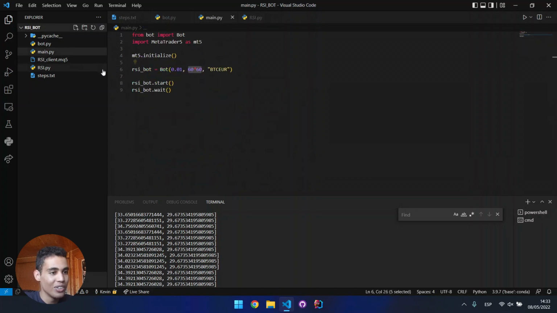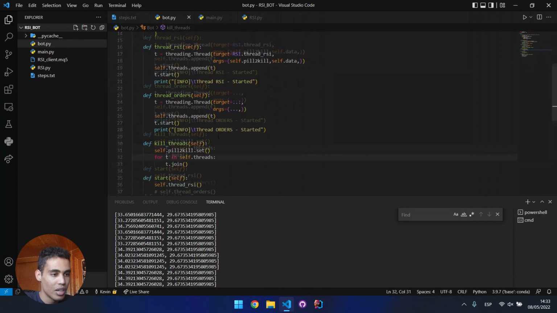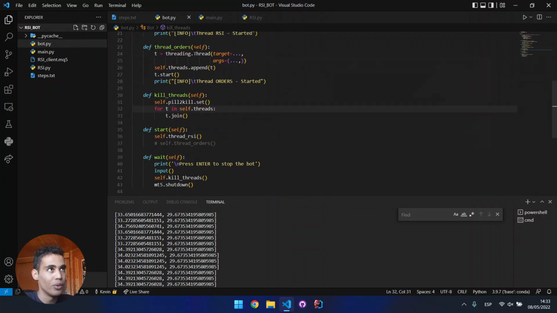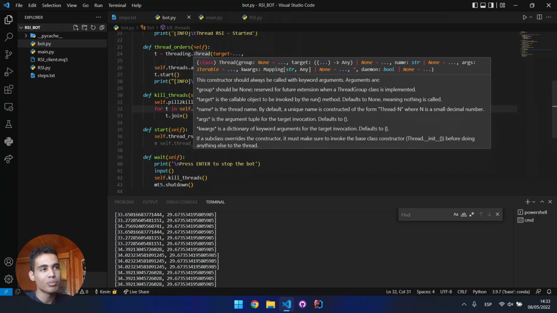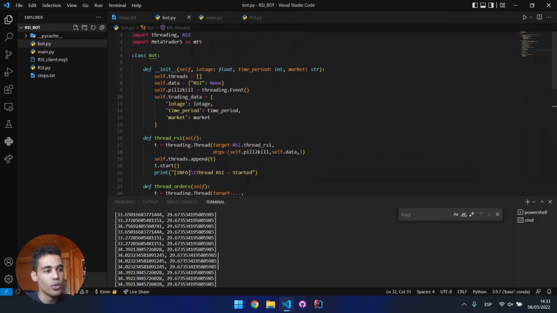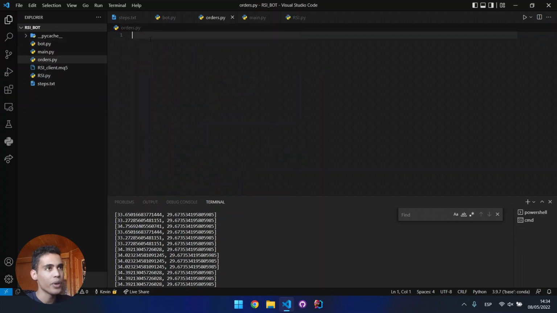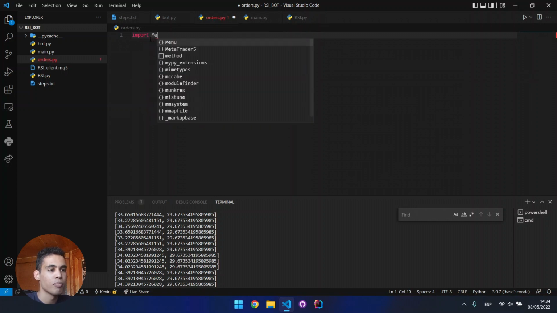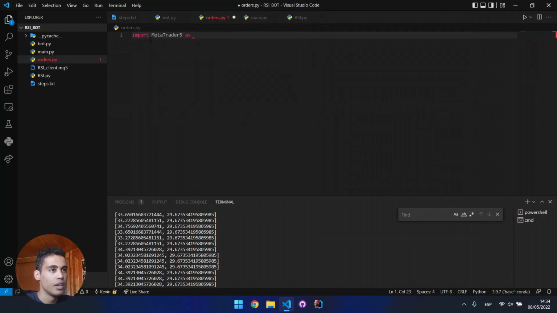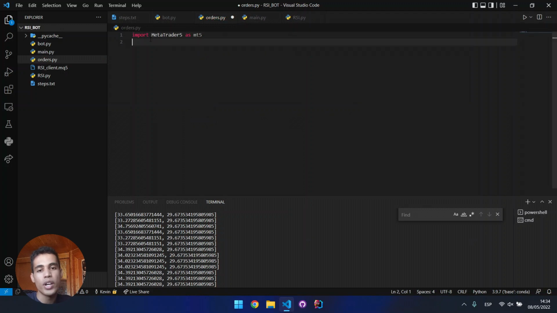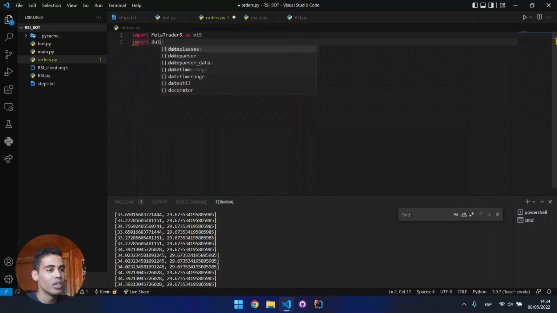And let's create now this other module, which was, let me see, yeah, the orders module. This one is a little bit longer, but it's easier because we are going to use the MetaTrader 5 library in order to call and create orders. So let's put here orders.py, and here we need to set some things. First of all, we are going to use some libraries such as MetaTrader 5 as MT5, and here we are also going to use the date time. So here we are going to put date time,